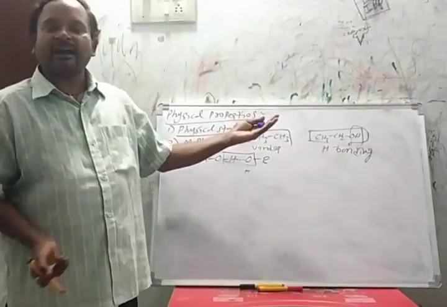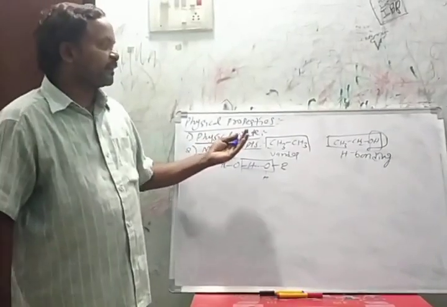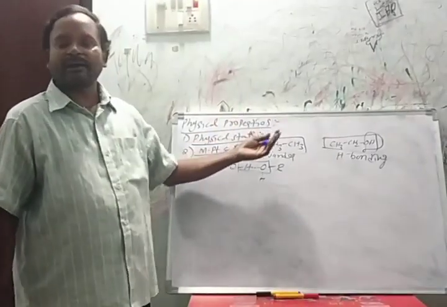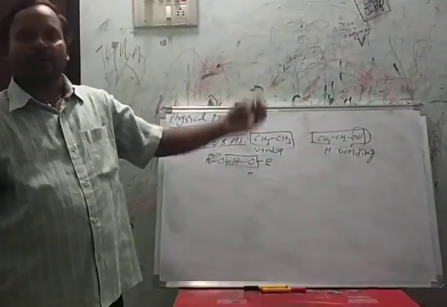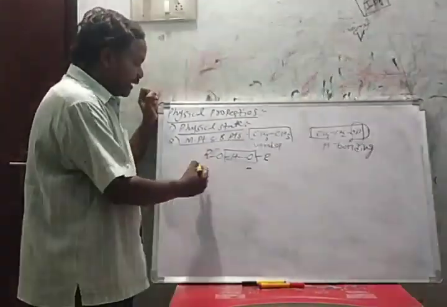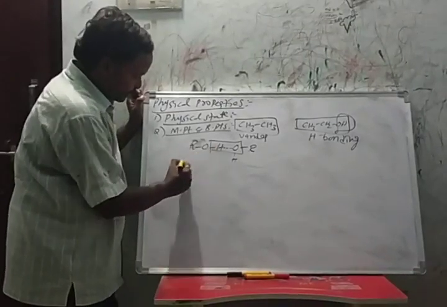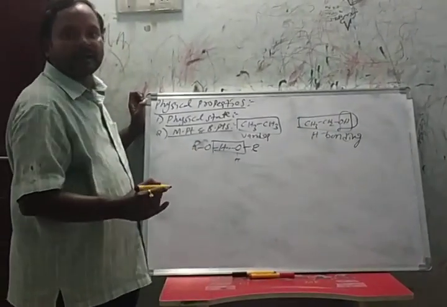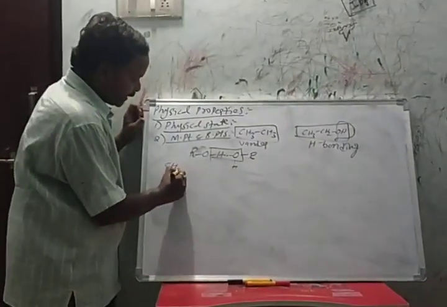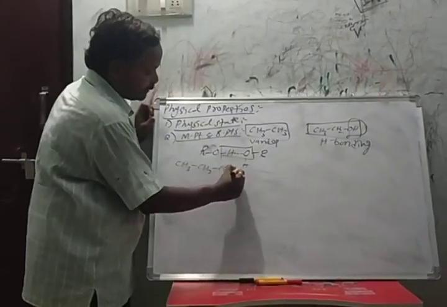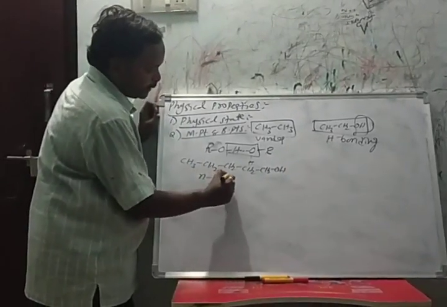By increasing the number of carbon atoms, the forces of attraction, hydrogen bonding or van der Waals forces, increase. So melting points and boiling points also increase. Now take the isomeric alcohols. For example, take neopentyl alcohol, isopentyl alcohol and normal pentyl alcohol. Here I am taking normal pentyl alcohol, CH3CH2CH2CH2CH2OH. This is the normal pentyl alcohol.